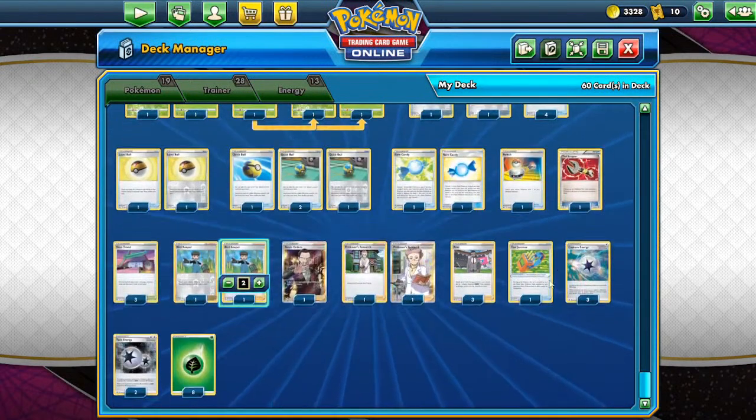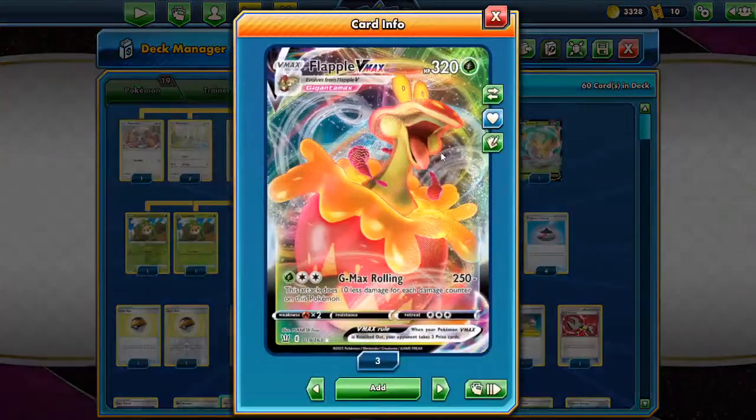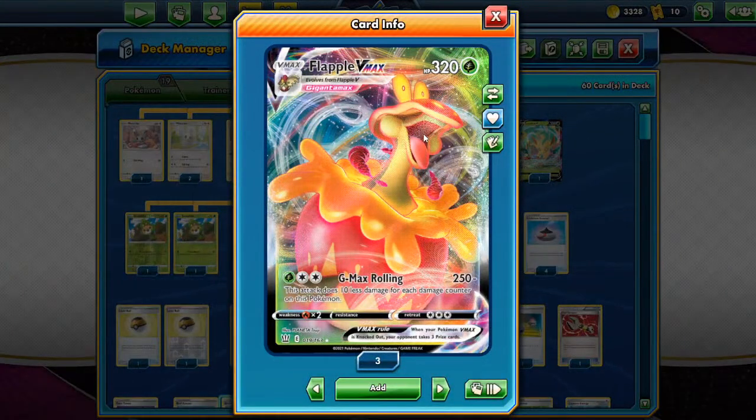So we have a Tool Jammer and a Tool Scrapper, mainly for our Flapple VMAX to knock out any V card with 1 hit, because I got paired with a lot of